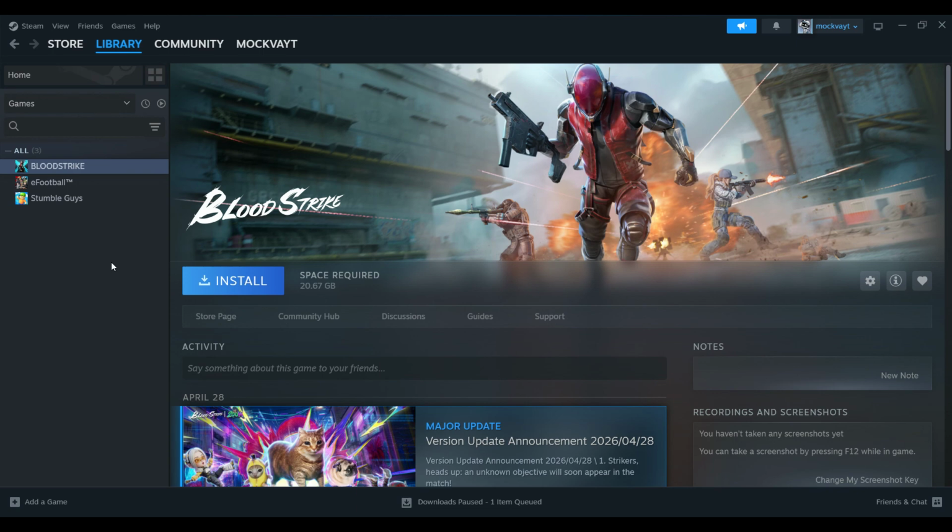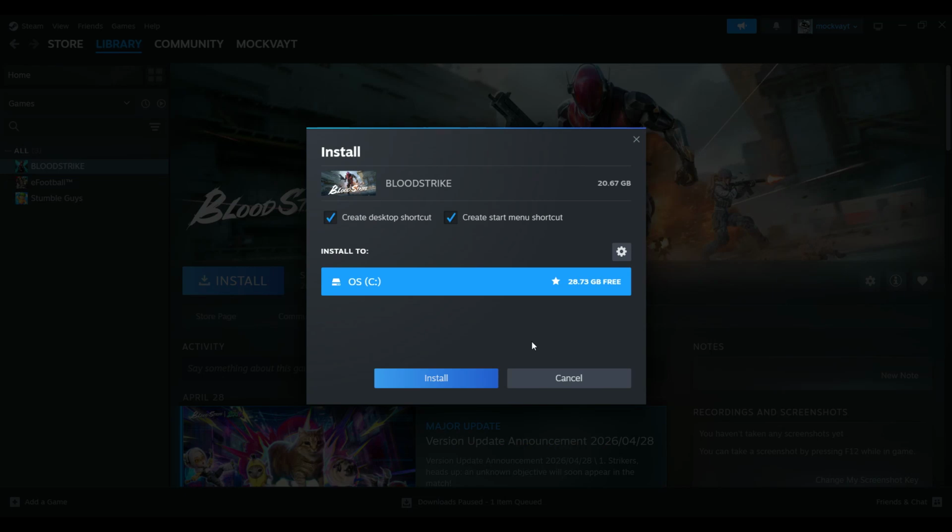To recap, the basic process is simple. Open Steam, go to your library, select each game you want, click install, choose the storage location, and let Steam queue everything for you. It's one of the fastest ways to get multiple games ready on your PC without manually